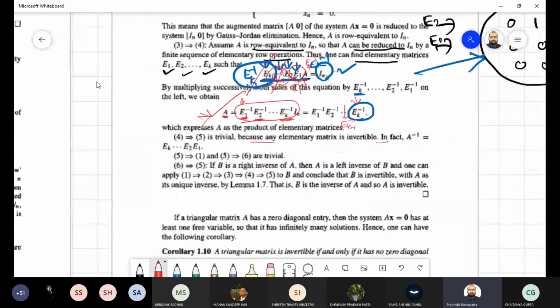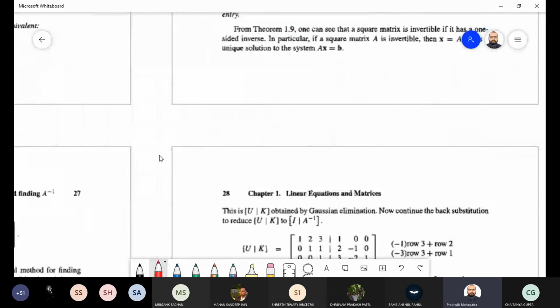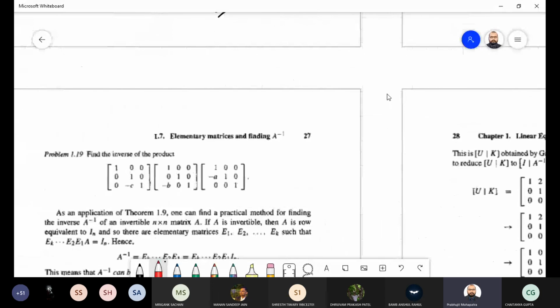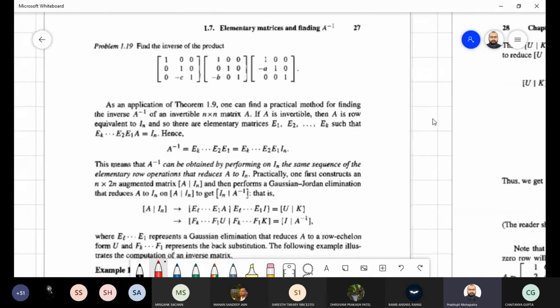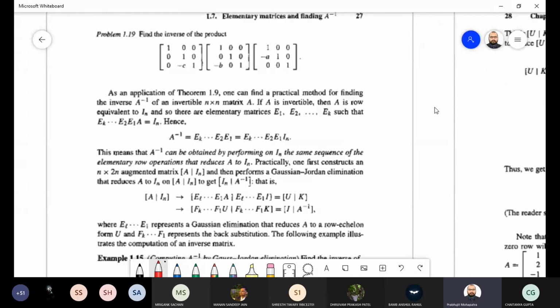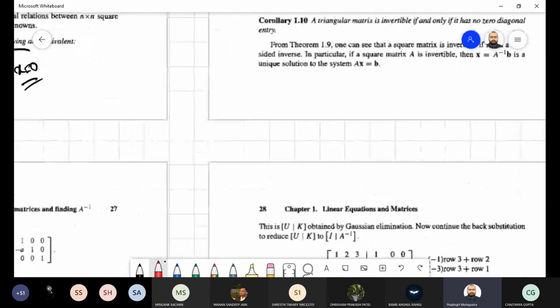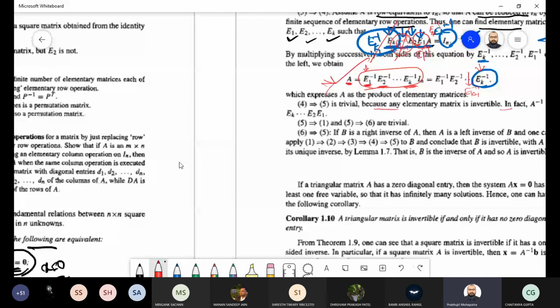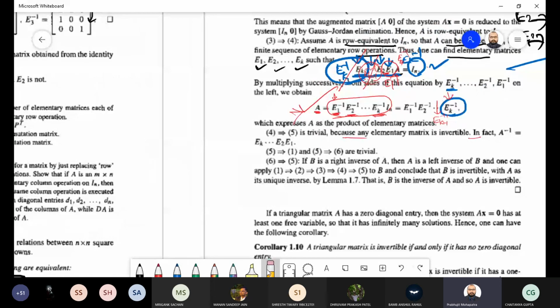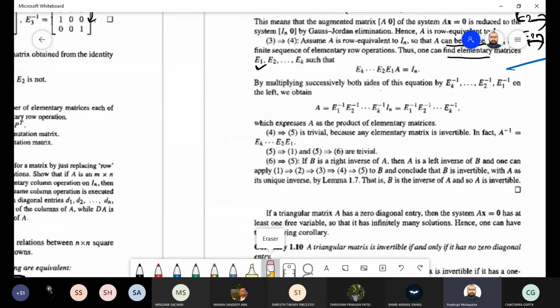So let me come to the problem actually, because we have less time, only 10 minutes left. So I thought to start the problem. Let's see whether we are able to do it or not. See, what is important? The most important observation is here. Actually, what we discussed just now is the most important observation. Let me explain it again, it may take another few minutes.